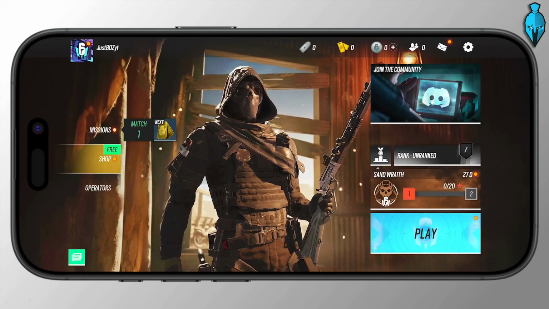In this guide, I'm going to show you how you could fully customize your button layout here in Rainbow Six Mobile. If you want better control, faster reactions, or a layout that fits your playstyle more, this is how you